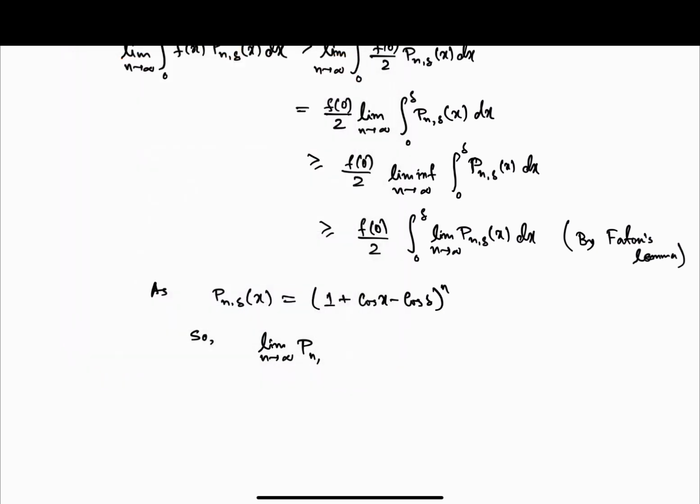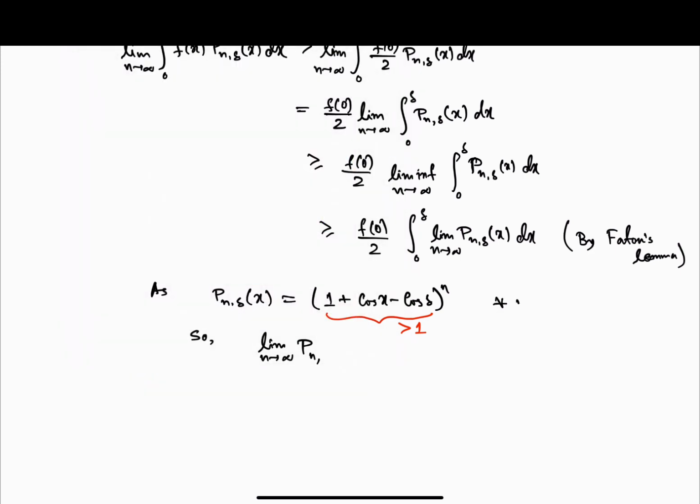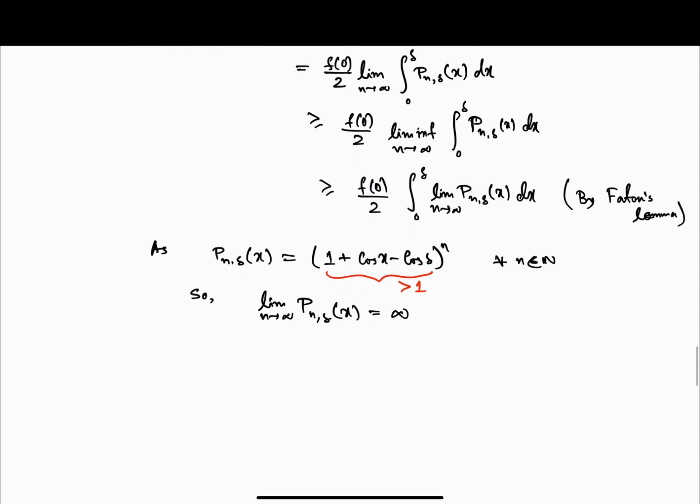And this quantity is strictly bigger than 1 for all n in natural numbers. So the limit of p_n,delta(x) will be infinity, because if you have something to the power n where the base x is bigger than 1, then the limit will go to infinity, right? So that's why the limit is infinity. So using this one,